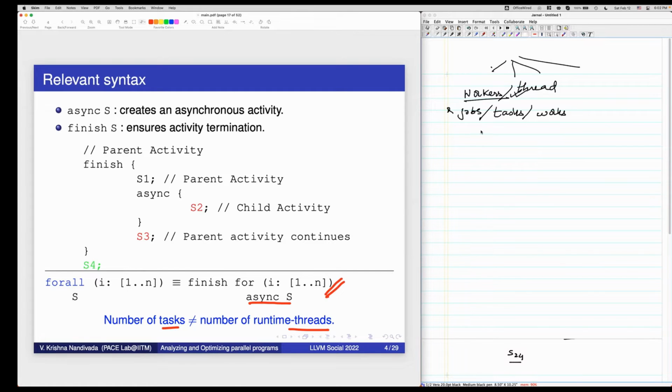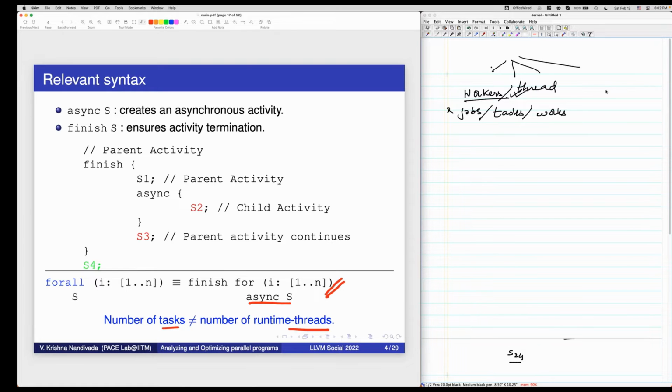This is a very important question. Given a set of jobs, how do you divide the work among the workers? In general, it's a very difficult problem to solve. There are many solutions that have been proposed.